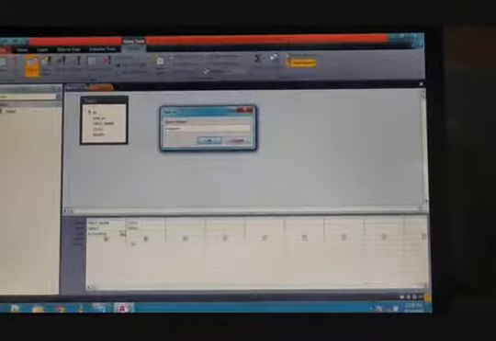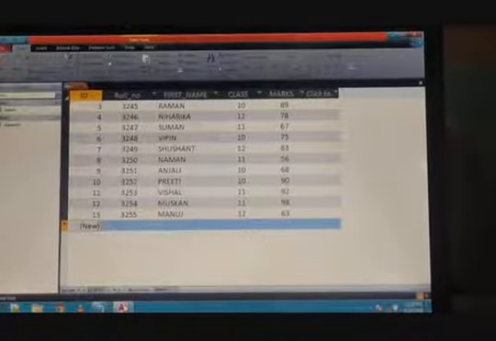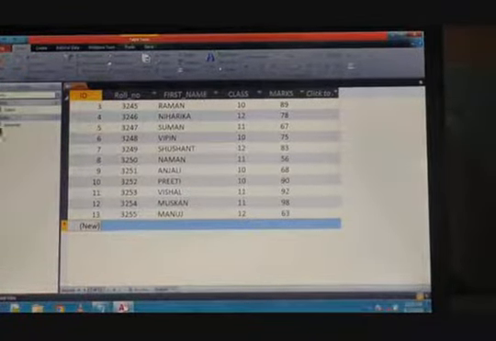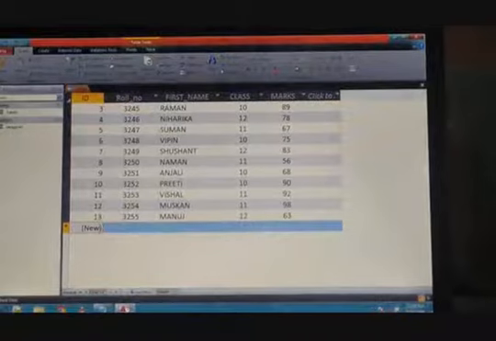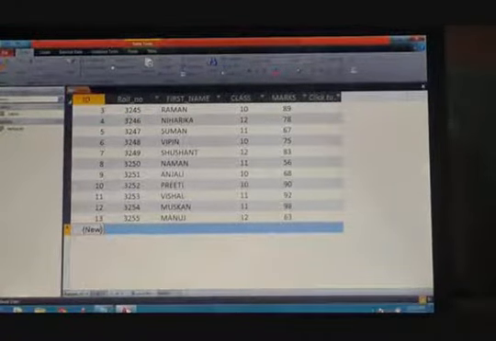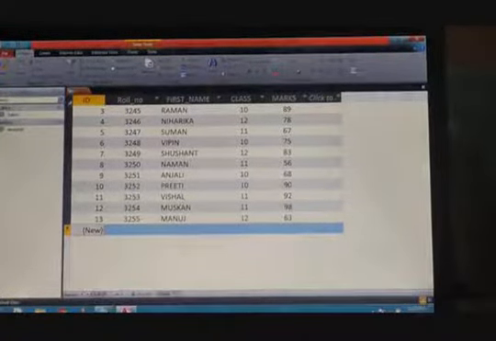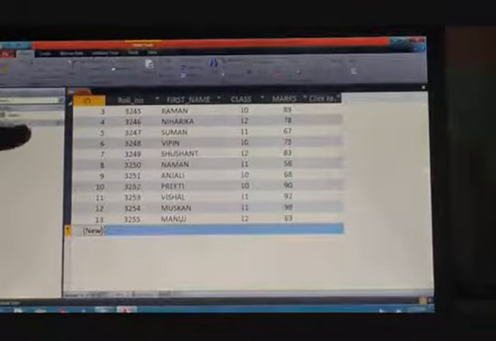Now you can give a new name for your query. Here I am typing my query. You can type any name for the query, my query 1. Okay. Now press the OK button. Now you can see that in the navigation pane the my query 1 query has been displayed. Now last step, the query name will appear in the navigation pane just like that.